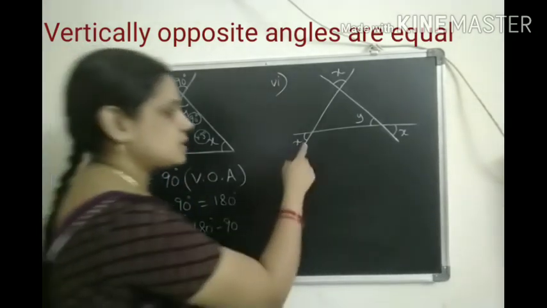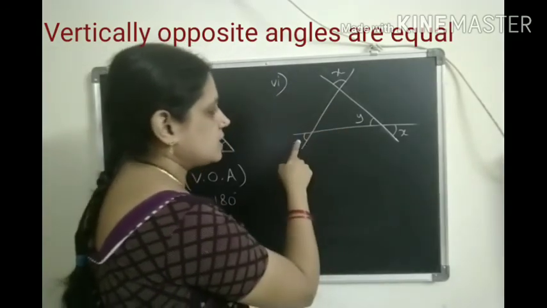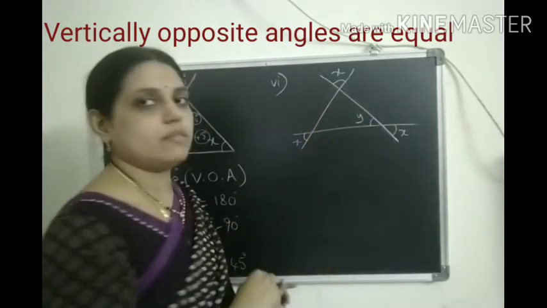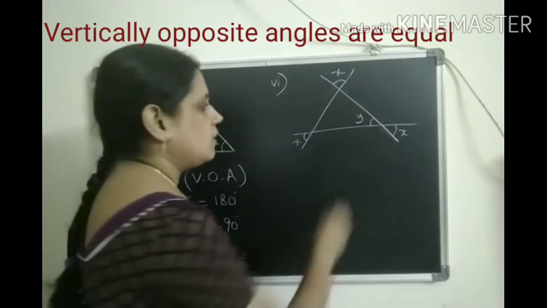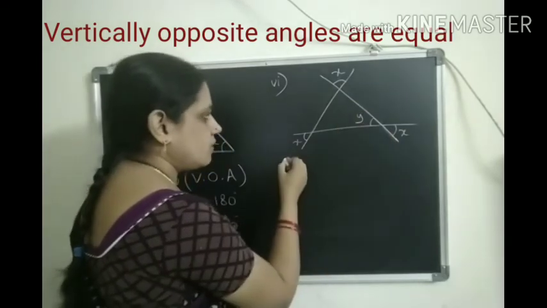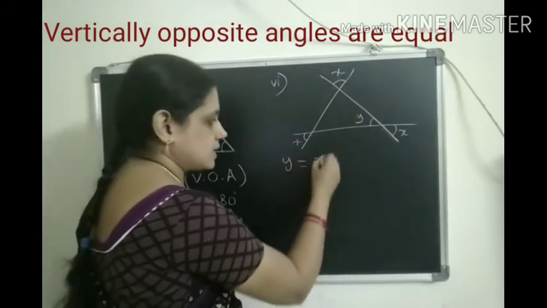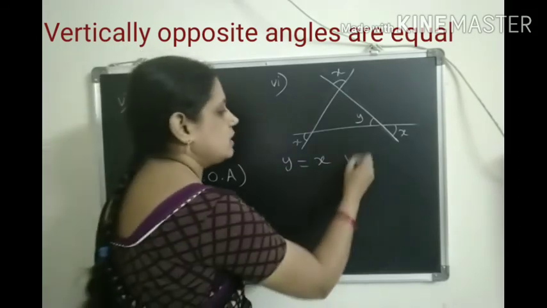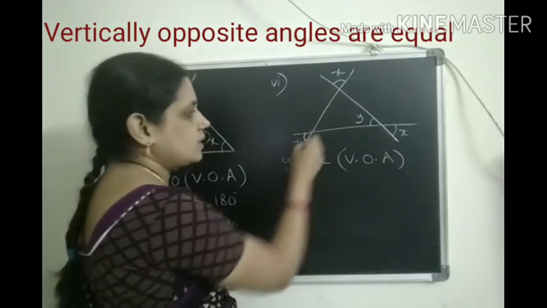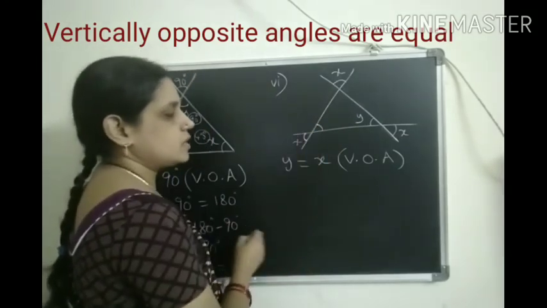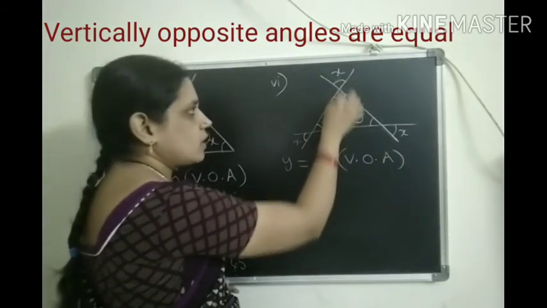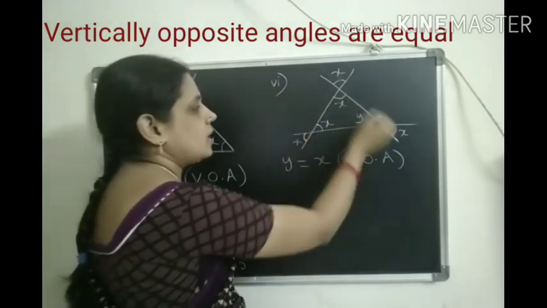Now coming to the sixth sum. Here in this figure x, y, x, nothing else is given. But using these we can definitely find all the three angles in the triangle. Now here x, here y, these two are vertically opposite angles. So definitely y equal to x. That's what we can write, using vertically opposite angles are equal. Now if it is x, for this angle, which is vertically opposite, here also it should be x only, and here also it is x. Why? These two are vertically opposite angles. So in this triangle all are x.